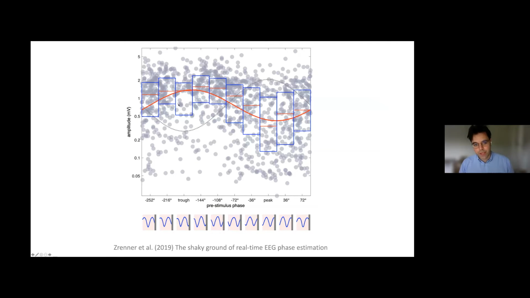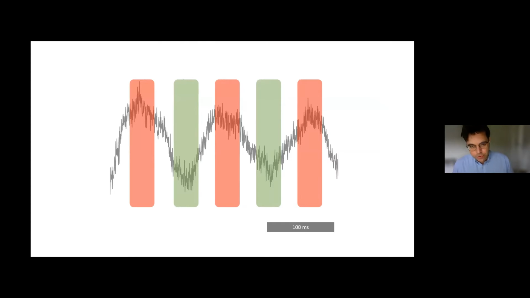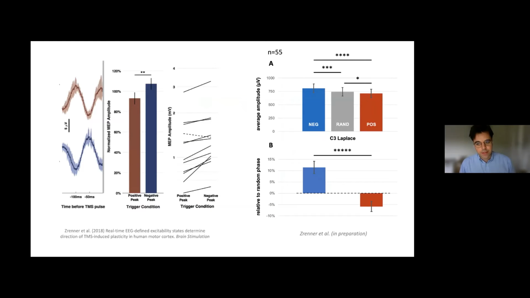But now if you want to stimulate reliably in one phase, you need a setup that does analyze EEG in real time. And this is the method that we built, filtering the data and doing a forward prediction and then triggering the stimulator at the appropriate time. And if this is true, that there are these periods that are windows of opportunity to induce plasticity in a specific way during the high excitability phase, then it looks like there would be these negative phases. And here again is just some data to show the difference in the evoked potential, negative versus positive.